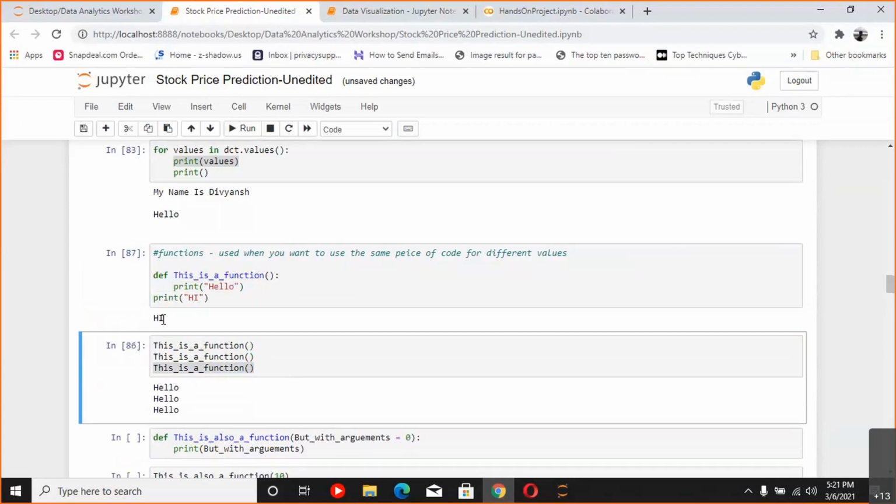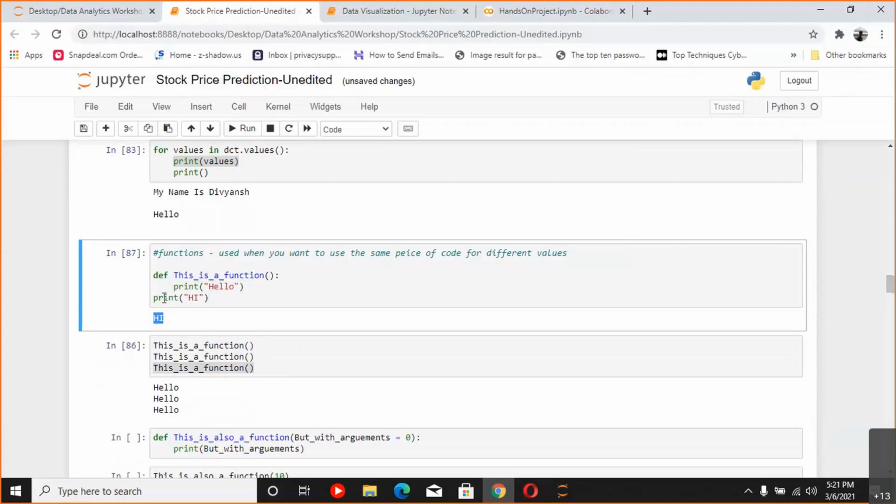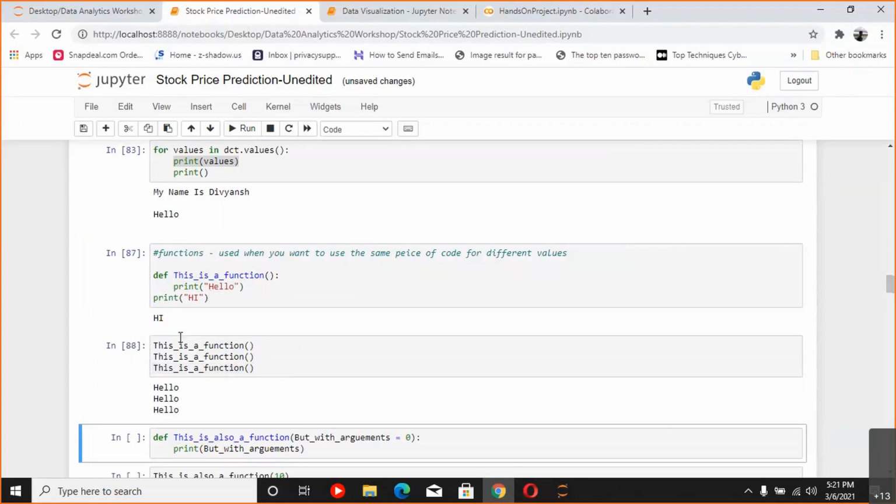Hi will be printed here because it was not indented, so it is not a part of the function, and hi won't be printed again because it was not a part of the function. So this was just some basic functions. Now when I said reusable code, you don't want to just print statements again and again. You want to pass some values, like in for loops you are able to iterate over lists, right?